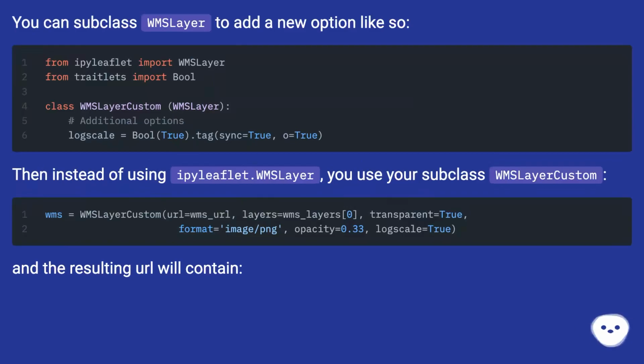You can subclass WMSLayer to add a new option like so. Then instead of using ipyleaflet.WMSLayer, you use your subclass, WMSLayerCustom. And the resulting URL will contain